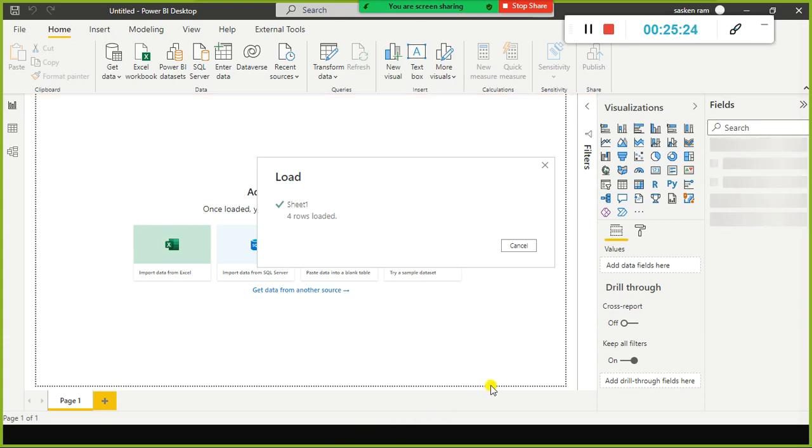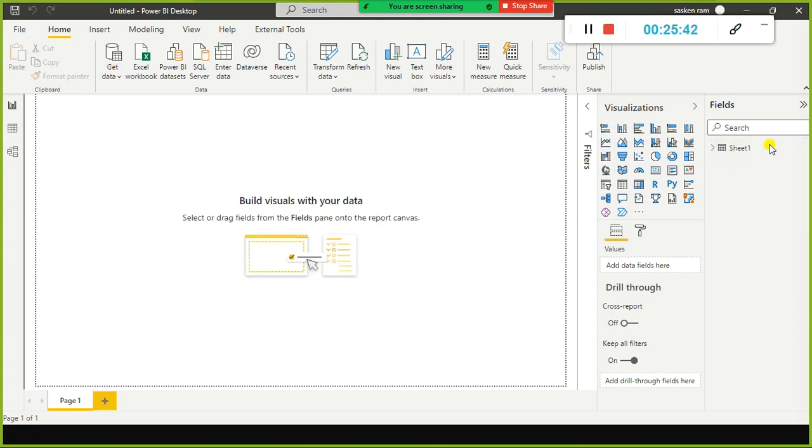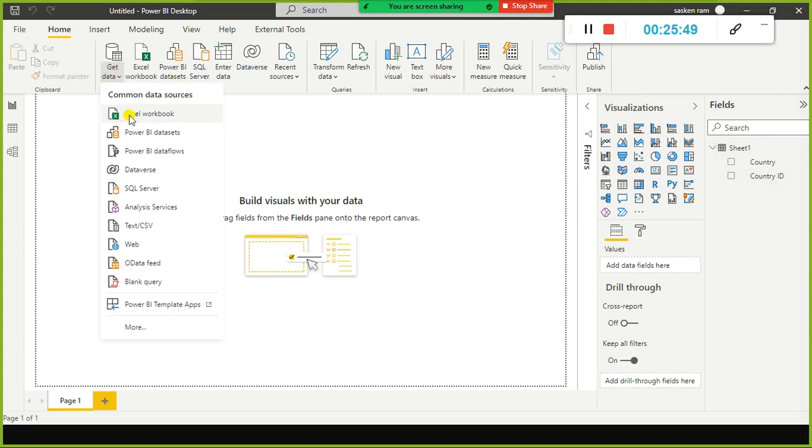To load 4 rows, it took this much time. Okay, now let us view what columns, country and country ID. It's correct. The next one is Excel workbook.